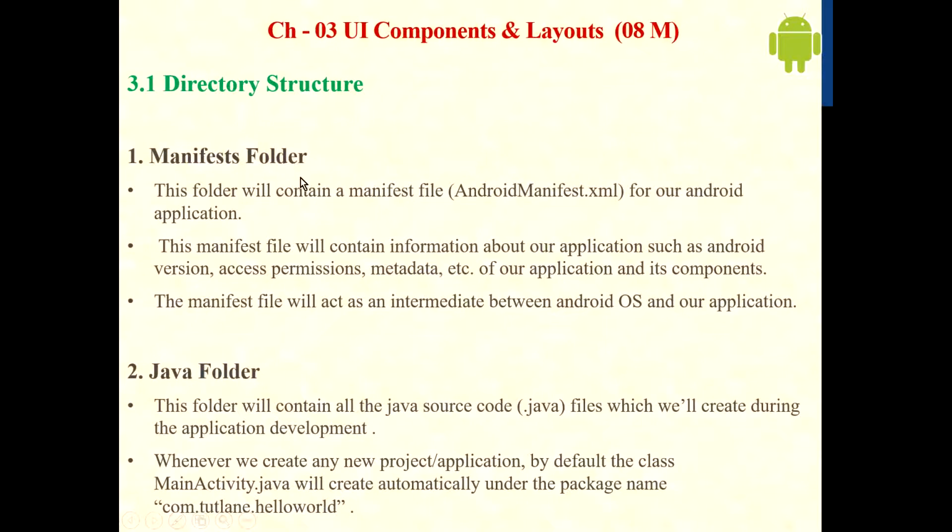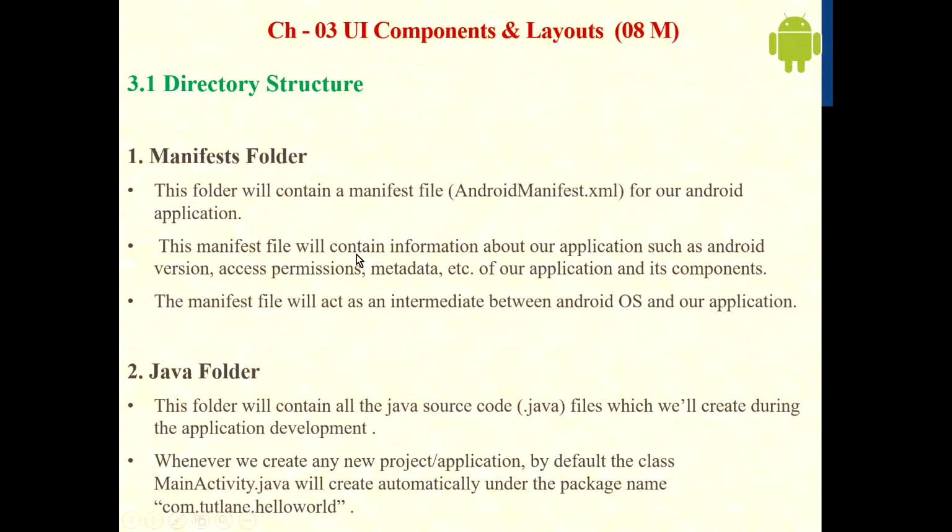The first folder is the Manifest folder. This folder will contain the Manifest file, that is AndroidManifest.xml for our Android application. This folder has one file, the Manifest file. What is the use of this file, or what does that file contain?